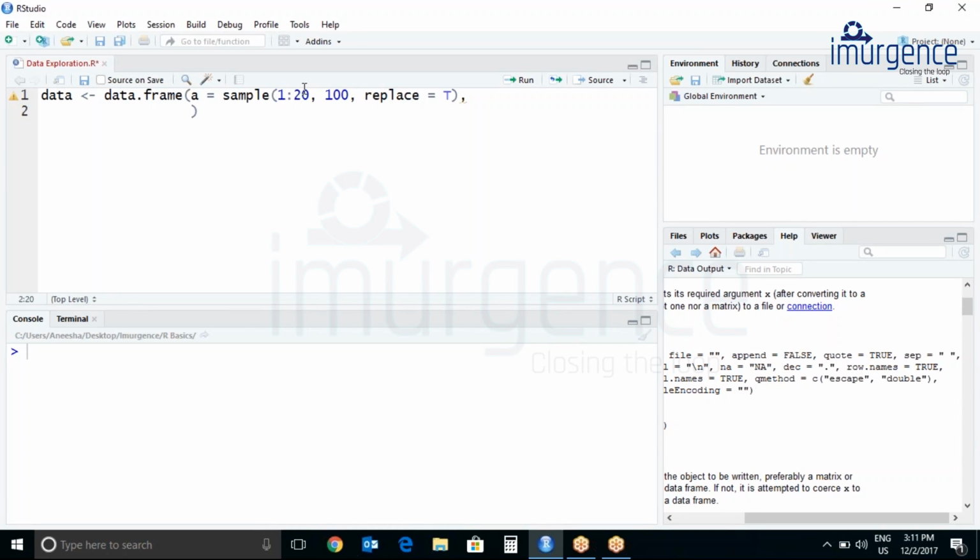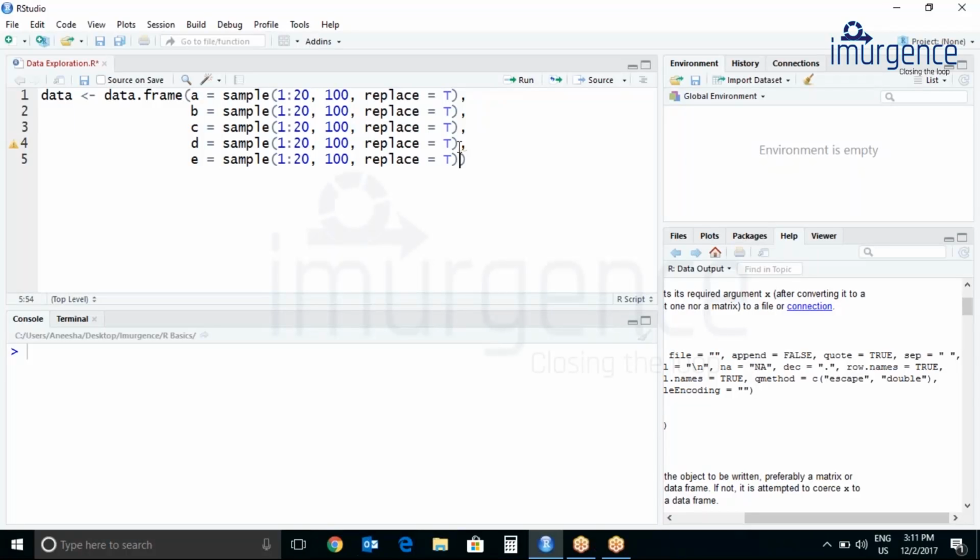from 1 to 20. So you may get some error. As to B equals to, again I'll just copy this, Control C, comma, just to enter C equals to, let's do one more time, comma, enter, let's make it as D equals to, comma, enter, let's add one more thing, E equals to, let's do this again, so let's just make it as 20 to 40.